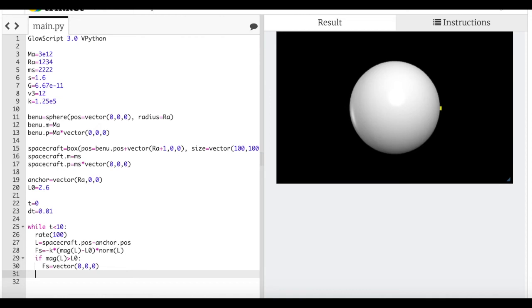Okay, now I need to calculate the gravitational force. So with that, I need R equals craft.pos minus Bennu. I think it's got 2 ends. I don't remember. So that's R. Now I can calculate the gravitational force Fg